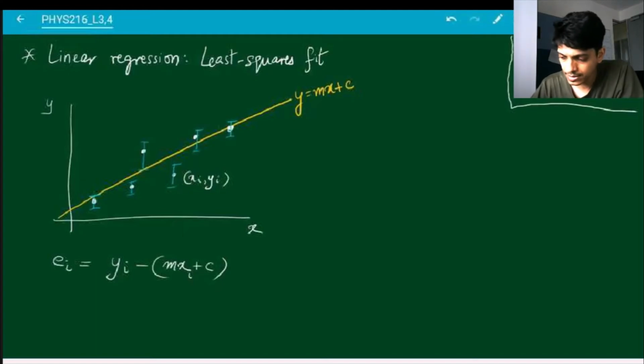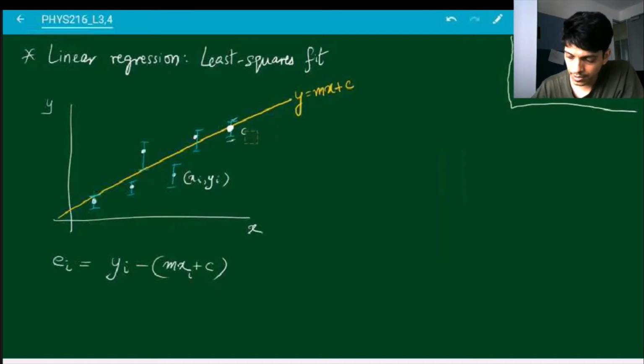What this means is that, for example, if you look at this point here, in your experiment you measured this value of x1, y1, but because of your experimental instrument, or maybe because of some error that you might have made, the actual value could be anywhere between this much and this much. So that is an error bar associated with each measurement.